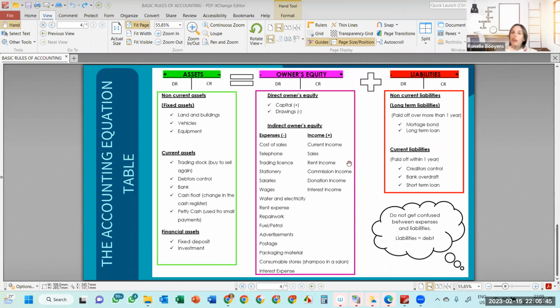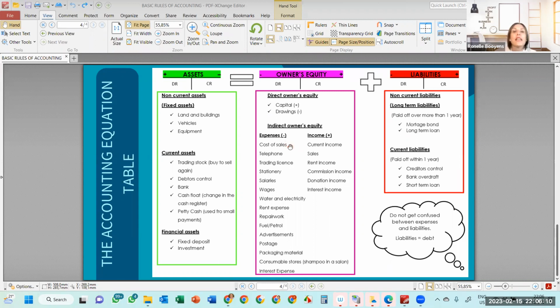If it stays there for a while, you can get a little bit of interest. So all of this will make the owner's equity of the business more. What is finally due to the owner will increase. Unfortunately, as with real businesses as well, there's lots of expenses within a business. Every day, things that the business needs to pay in order to operate and keep its doors open.